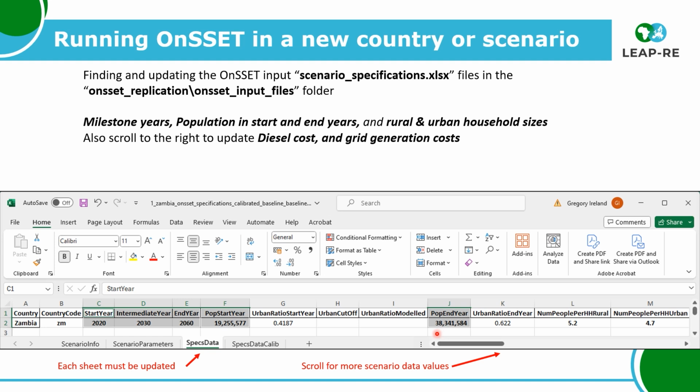Also make sure not to change the start year, intermediate year, and end year values of 2020, 2030, and 2060, as this is how the code is required to work. Make sure to also update the number of people per household in the urban and rural areas if this has changed in your scenario, and to scroll further on to see further scenario information,